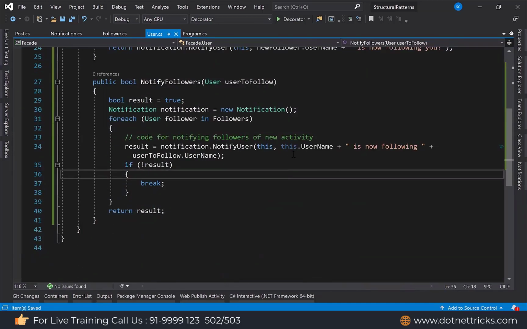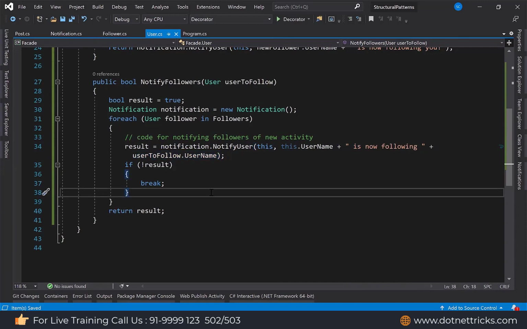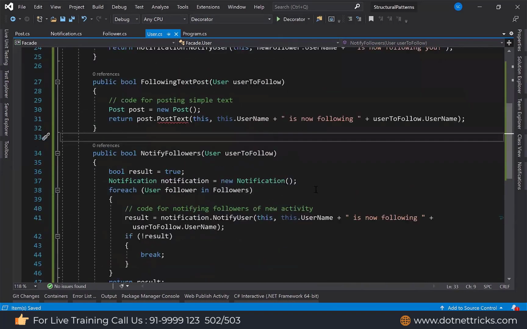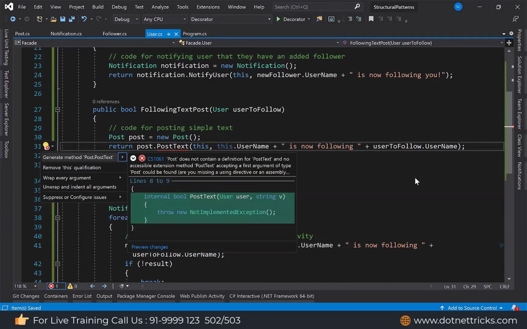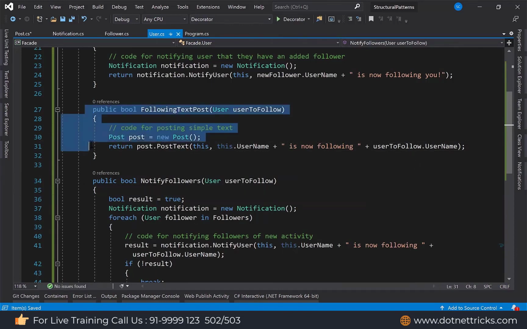So here it will show the message to the followers: User XYZ is now following user ABCD. So this will get notified to the followers. Then we have a method following text post. So we need to post this message to the public, as a public activity for that particular user. Like this user has now started following this one. So this is the public activity.